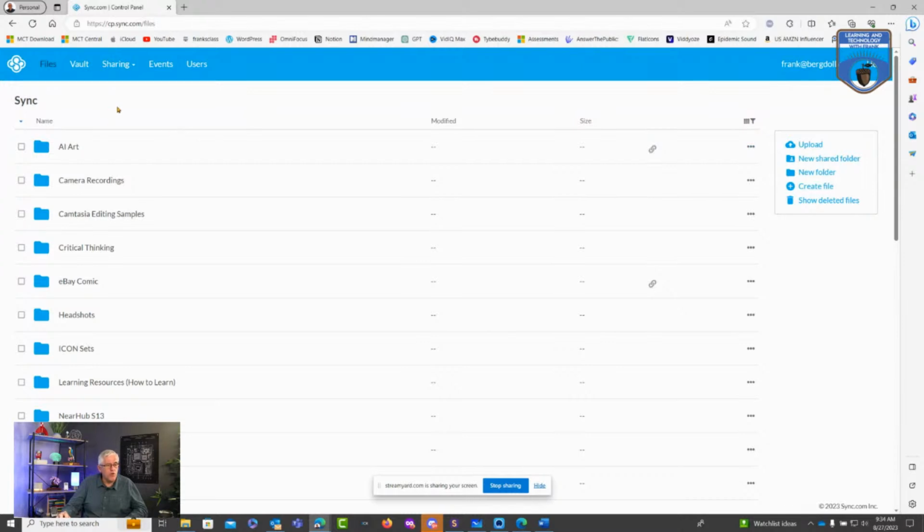But the thing I wanted to show you here is that when it comes to Sync.com, you have files, and all of the files that you put in this file section are synchronized with any device that you've installed the Sync software onto. So if I put a file here, it would synchronize with my Mac and with my Surface, all of my devices, even my phone. So this AI art folder is synchronized across all my devices. If I put some AI art into this folder at work, when I come home on my